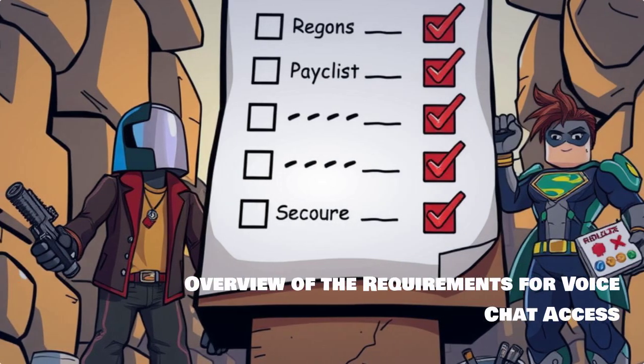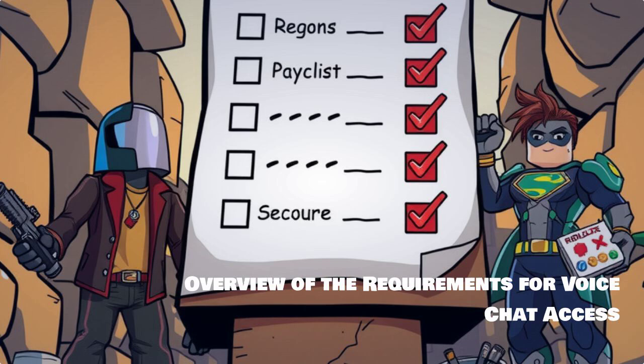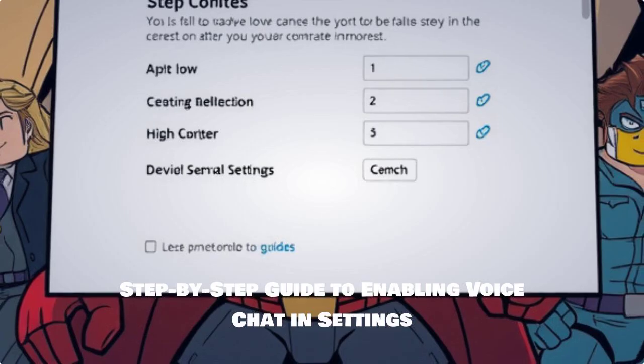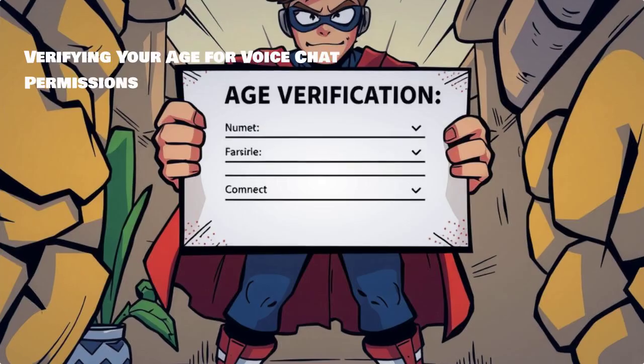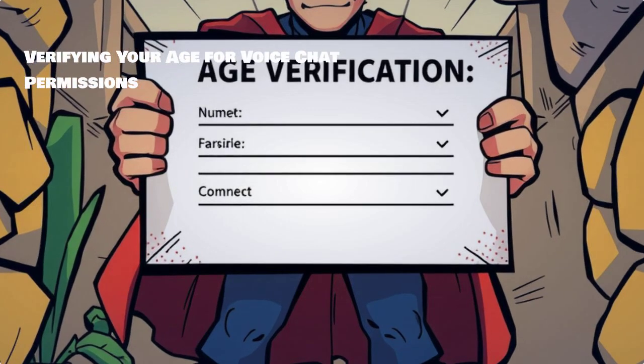Before you start, there are a few requirements for using voice chat that you need to meet. Here's a step-by-step guide to enable voice chat in your settings. It's super easy. Next, let's talk about how to verify your age for voice chat permissions to ensure a safe